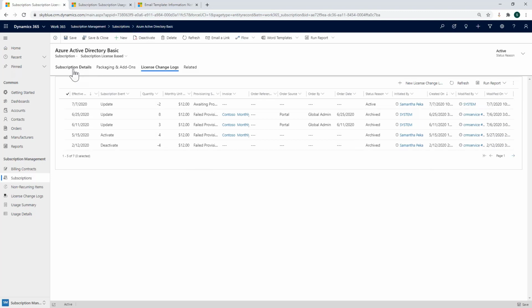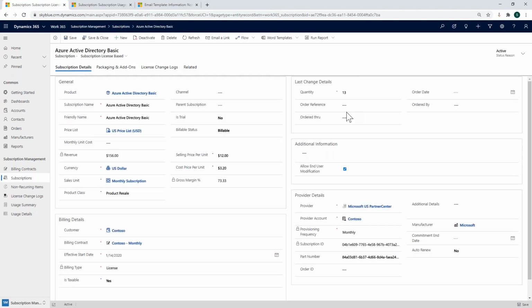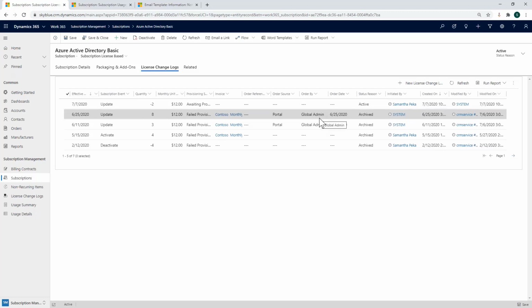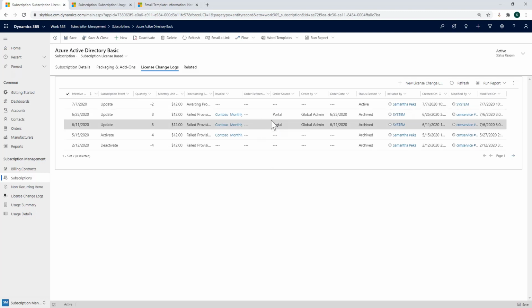And then going back to the subscription form, like I mentioned before, we have these order fields here. So when you make a quantity change and then you populate information in the order fields, that information gets stored on the changelog record. Now, these particular changelog records were made from the self-service portal because the order source says portal. Right, so the provisioning took place on the portal side, and then it stored that information in the